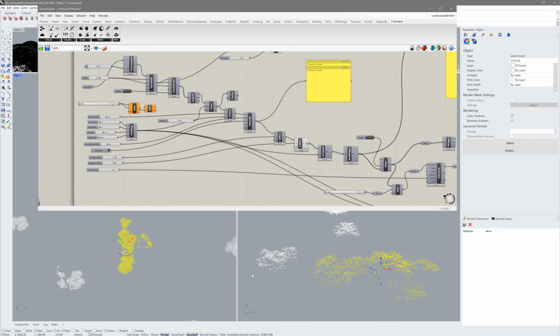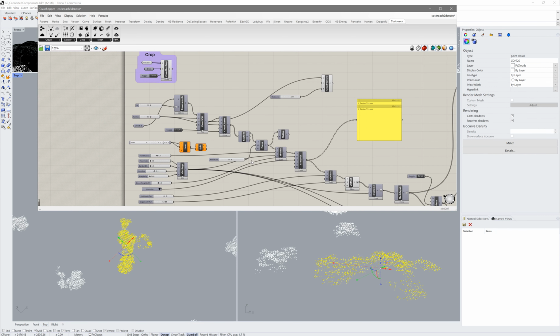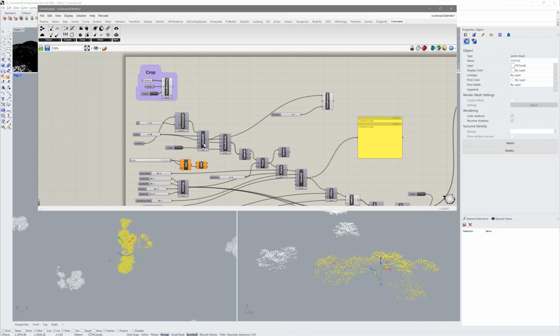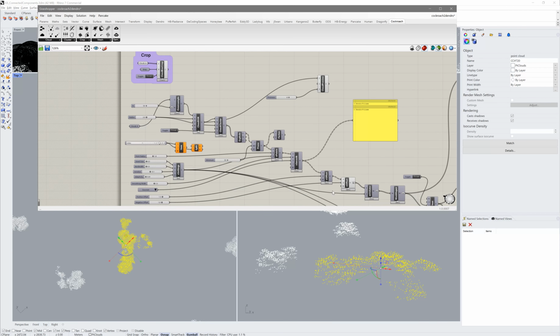And in this script, there are two plugins, two Grasshopper sets of components, primarily in use, one being Cockroach, which is just for manipulating point clouds, and then the other being Dendro, which does volume modeling using the OpenVDB